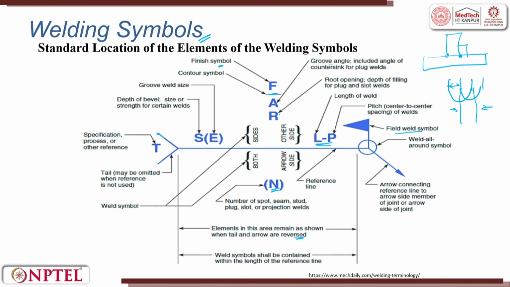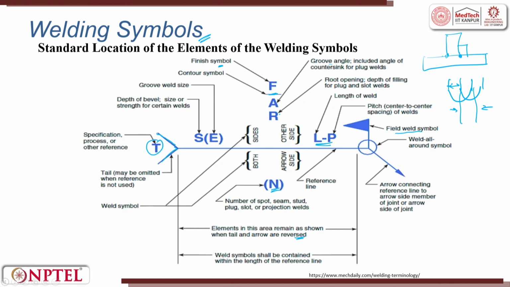Okay. This talks about the specification, the process, what is to be done. T talks about the tail end. Then the groove weld size is given, and the depth of welding is also given. If you look at the specification, everything required for joining is given: what is the depth, what is the pitch, what is the root. So, by looking at this symbol, you can figure out what welding process to use and what other preparation is to be done for welding. By understanding all the symbols, we can establish what is to be done.